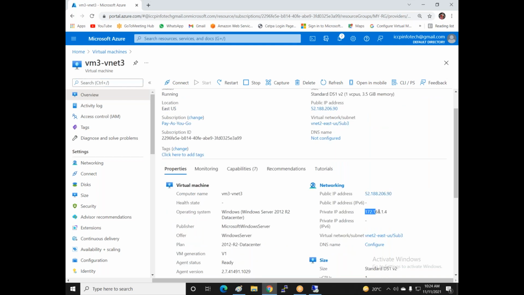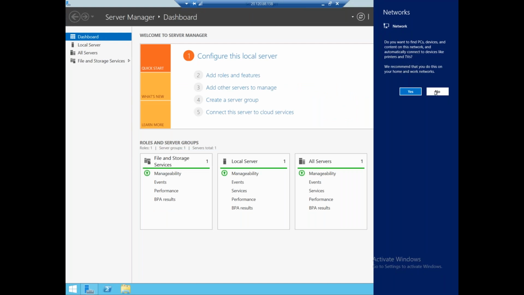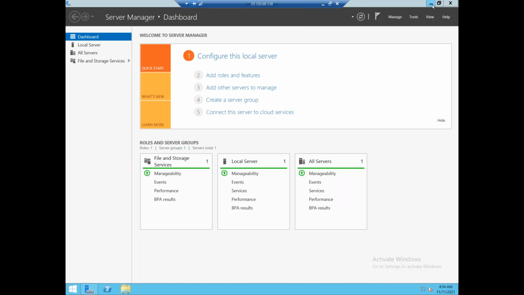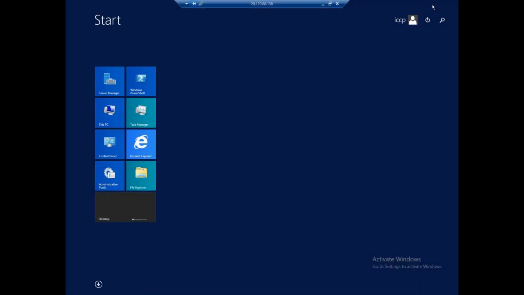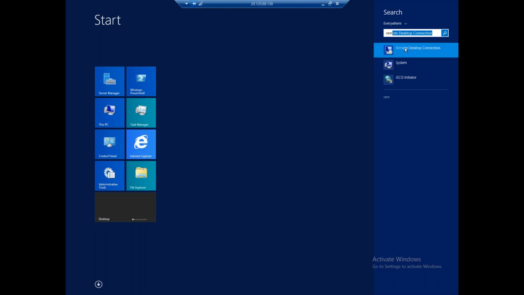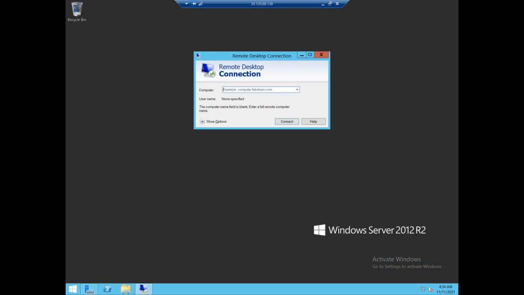I'm using the private IP. I just copy this private IP and go to this machine. Is it accessible or not? No, it won't be.